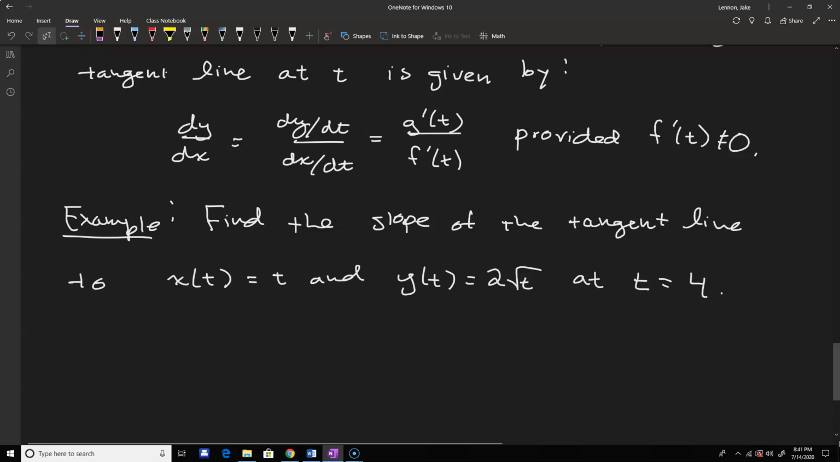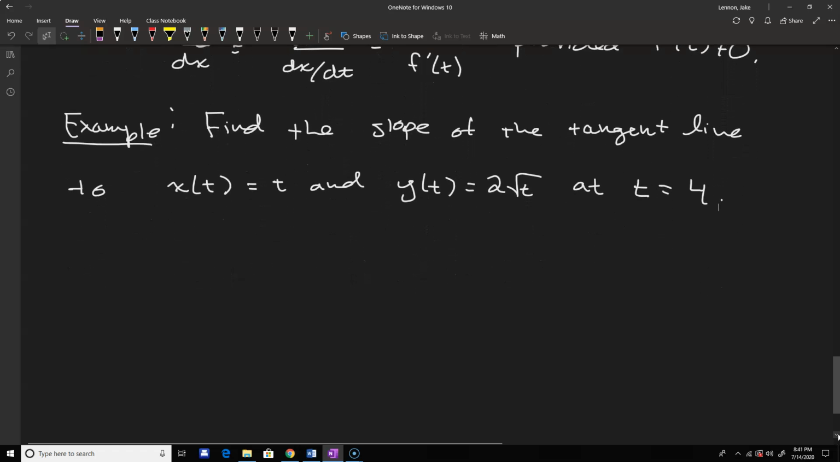Okay, so how do we do this? Well, first we want to find the derivative formula and then plug in the t value we care about. So dy/dx here is given by the derivative of y of t, which means taking the derivative of the square root of t, which is going to be 1/2 t to the negative 1/2, and the 1/2 will cancel with the 2 in front. So y prime of t is just t to the negative 1/2, and the derivative of x is just going to be 1. So we have essentially 1 over the square root of t,